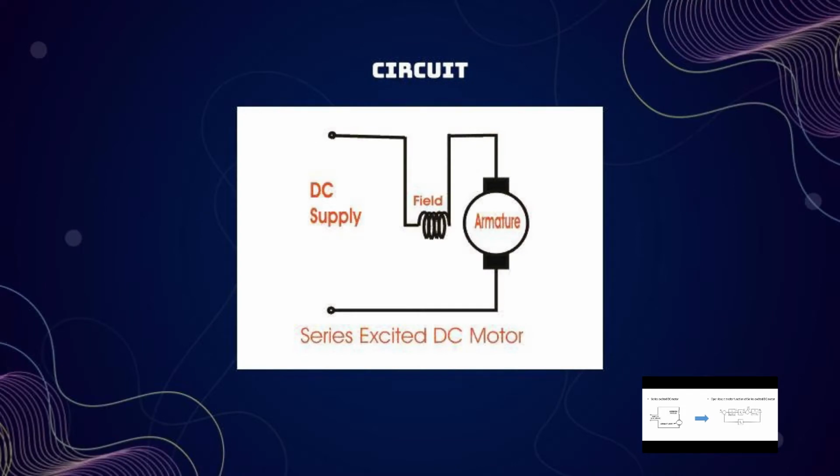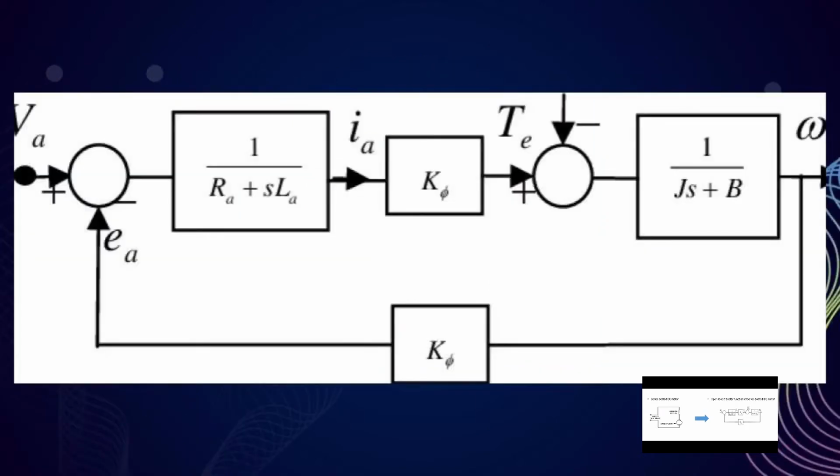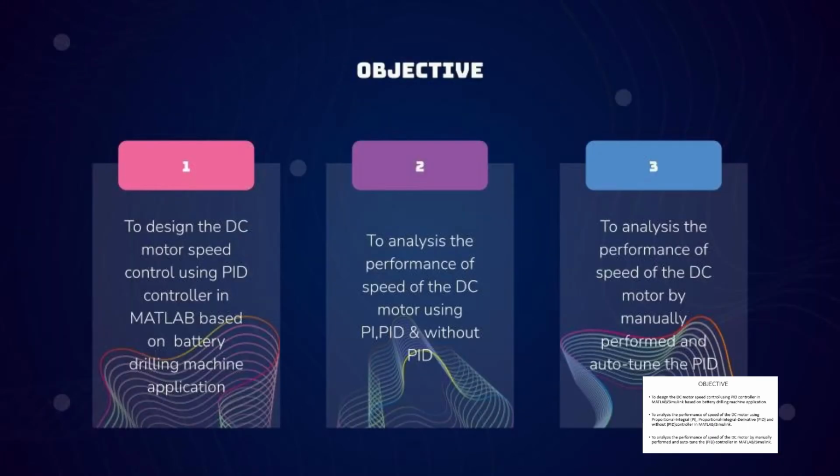Next, we chose a series excited DC motor for our model of the battery drilling machine and then chose appropriate DC motor parameters. In addition, we converted the DC motor circuit to a transfer function block diagram with appropriate parameters to design and simulate in MATLAB Simulink software. In addition, the objective of our project is to design the DC motor speed control using